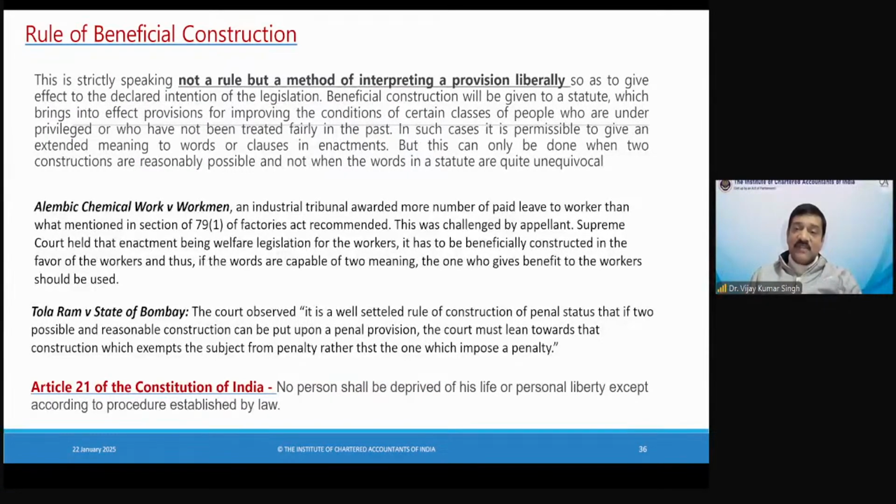They have been able to give these particular rights under the Constitution of India by giving the beneficial construction. So they have interpreted the terms personal liberty and life elaborately, and they have said that the meaning of life includes jobs. That is something which has been expanded. So this is quite an interesting framework which you can have a look at.